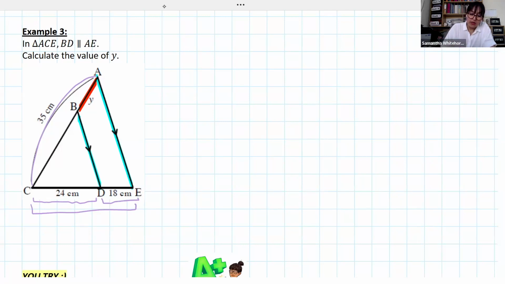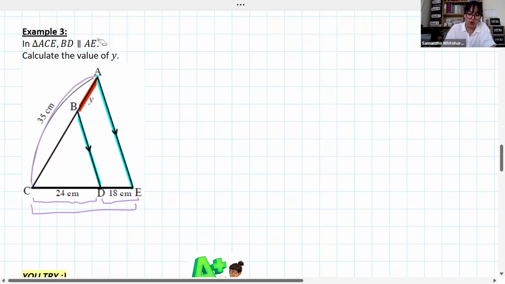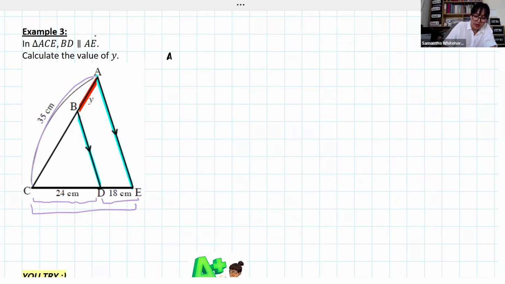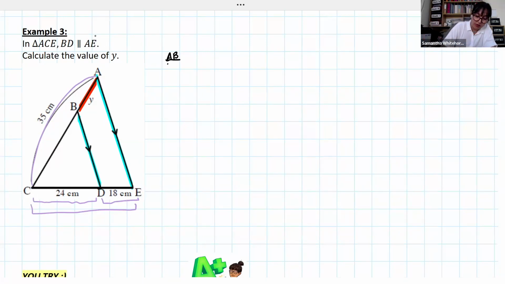So again, the way we're going to do this is we're going to set it up with my first fraction's numerator containing the value I want. So y, let's not do that. So that would be AB. Now we start setting up our ratio, and we go to the side that contains AB and we look at what information we have. I know the whole length of that side AC, so I'm going to put this over